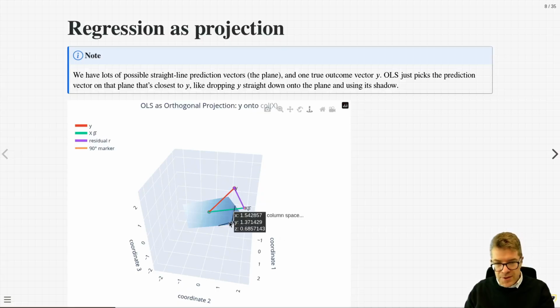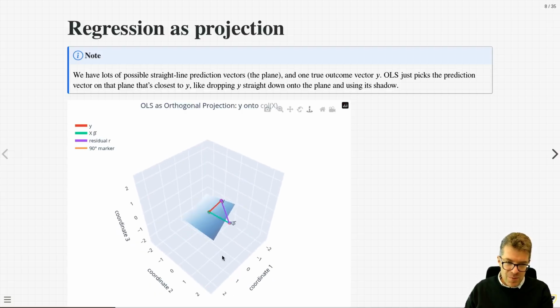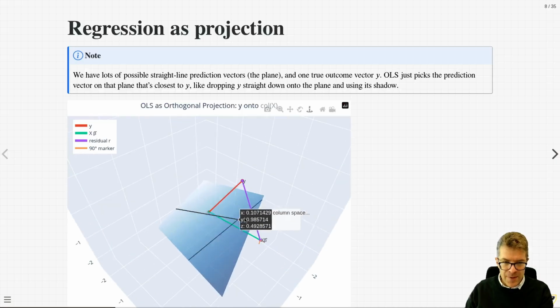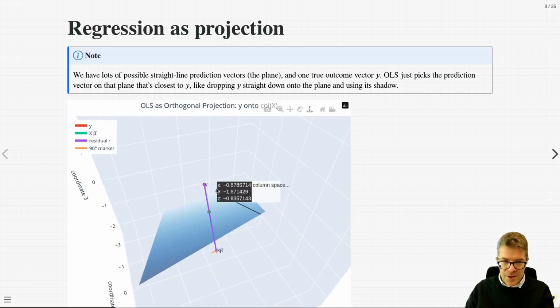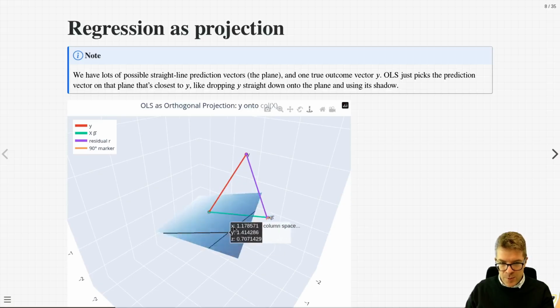But there's a particular setting of beta that gives us this point down here, which is x times beta hat, which is our best possible value of beta. And it's the best because this purple line here is called the residual, r, which I just defined a moment ago. This is the shortest distance from the true values y to all of the possible predictions, which is this plane